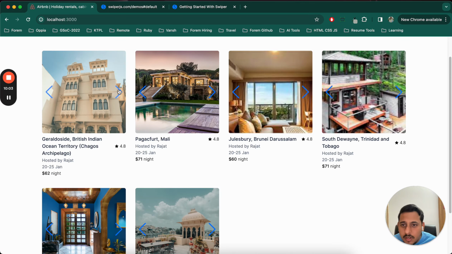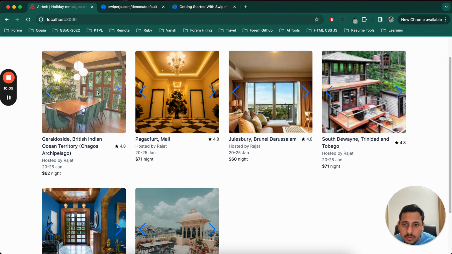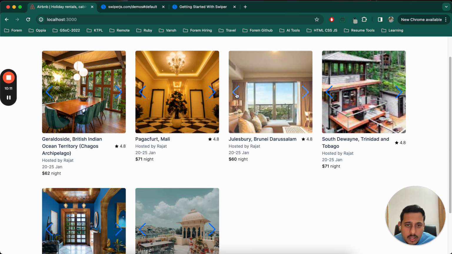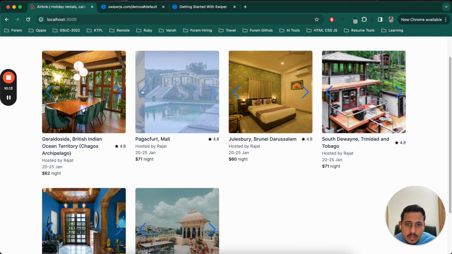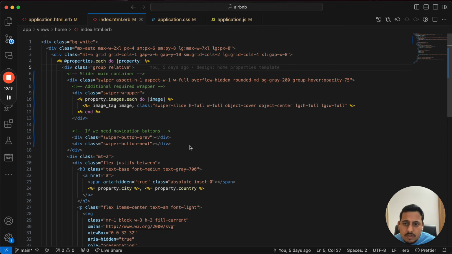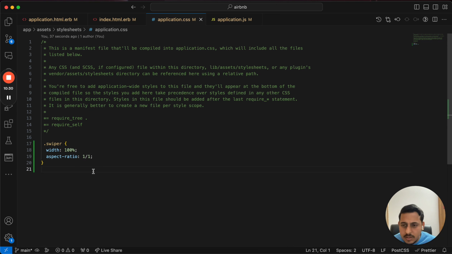Okay, this is looking much better now, and it is working also. So you can see that I make a change here, none of the others get changed, so it is working correctly. Great, and it's an infinite loop. Great, now we just want to change these icons, so let's update that also. For that, I'll need to override these. Okay, so let's copy this, go to our CSS,